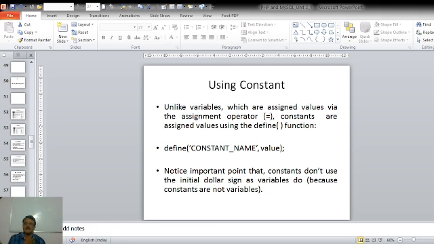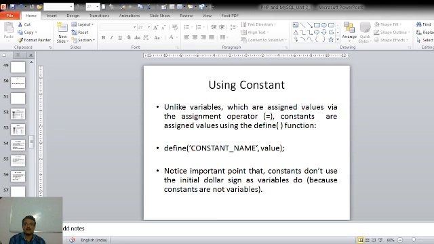The constant name and value pair is provided to the define function in order to declare the constant. Now one important point we have to notice is that constants don't use the initial $ sign as our normal variables do, because constants are not variables.